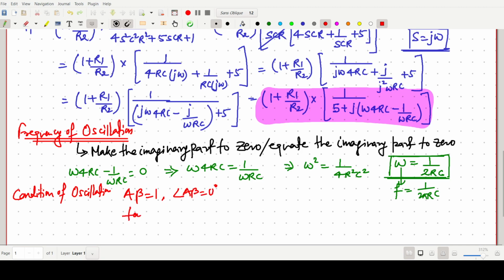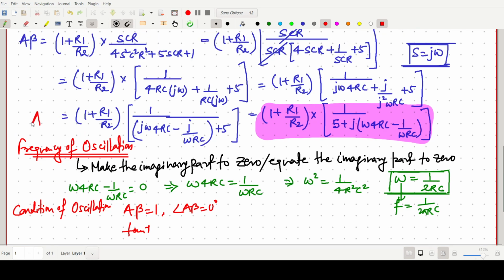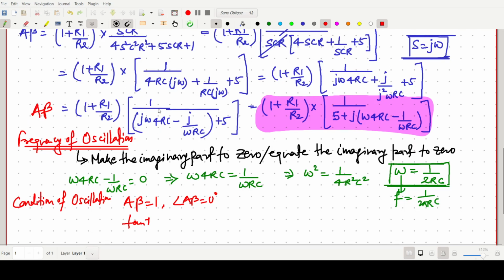So we can say the tan inverse of this upper section minus this lower section will come to 0. If this one is A beta, so the angle for this one will be tan inverse